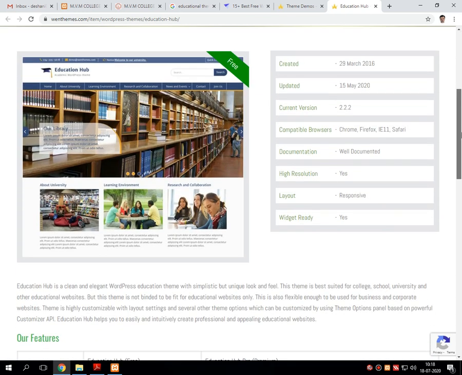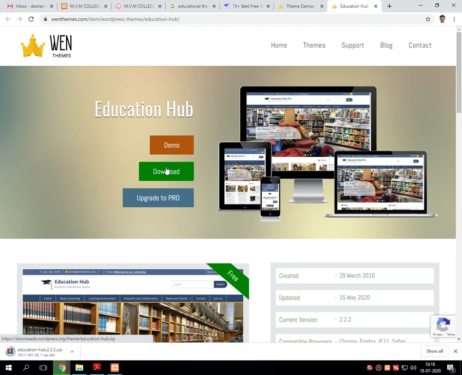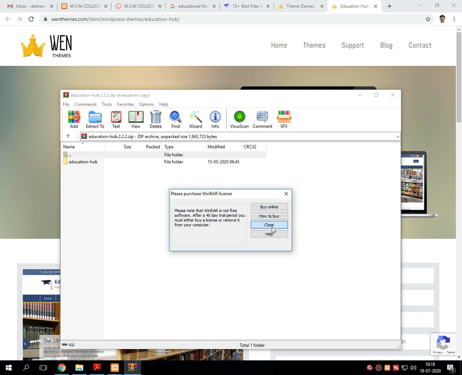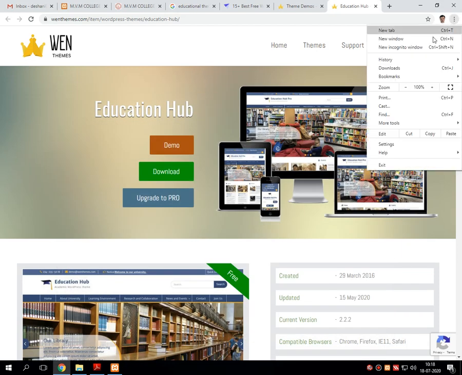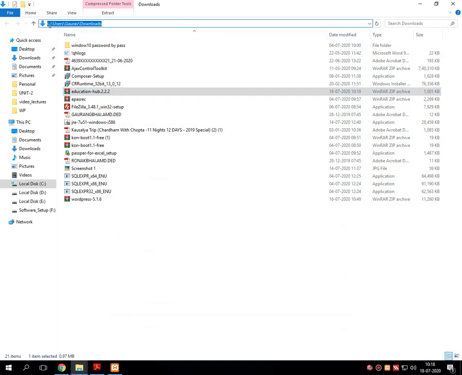So once you click on download, it redirects you into the download folder, and that particular theme will be downloaded in format of zip into the C drive download folder. Means in my system the download folder is given a name like C drive user Gaurav/download. In that particular theme gets downloaded.